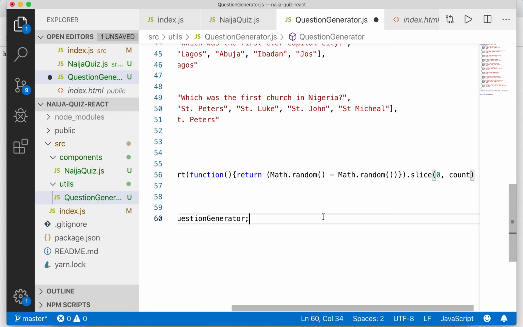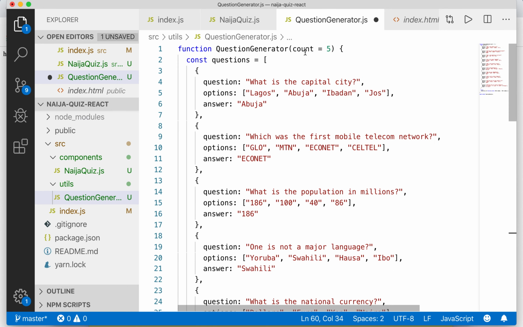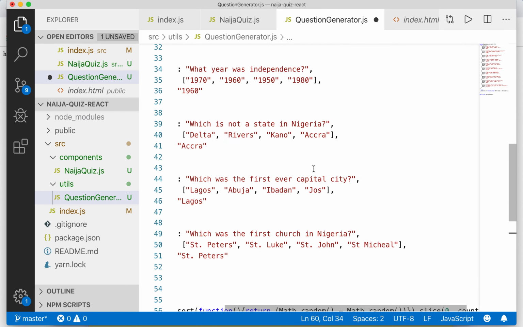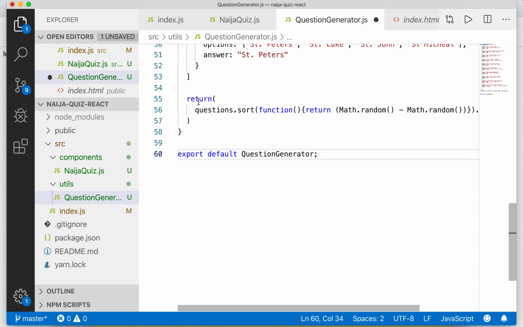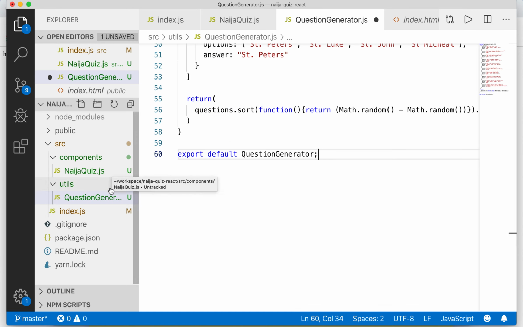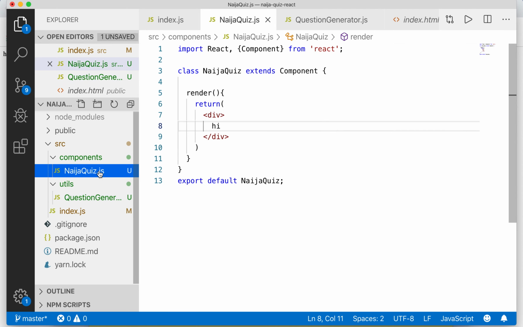So we have a variable count coming in from here. So the default is 5. So you can also change the count to be whatever you want it to be. All right, good. We have these ones coming in now. And yeah, we can then import the questions in our quiz